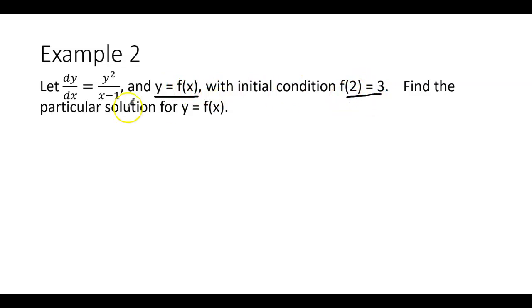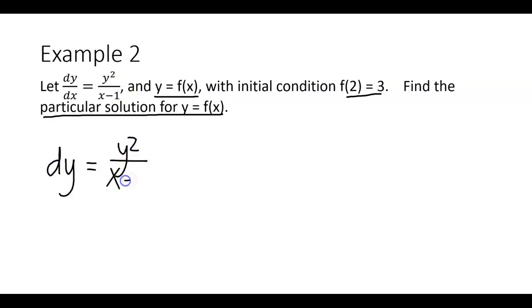Same problem as the last one. This time they're asking for us to find a particular solution, and when you see that, you're going to do the steps that we just reviewed on the last slide. So the first thing you're going to do is separate your variables. I want all of my x's on one side and all of my y's on the other. So the first thing I would do is multiply both sides by dx. If I do that, it's going to look like this. The dx on the left side cancels. And then on this side now I've got my dx. But I don't want that y squared on the right side, so now I'm going to divide both sides by y squared. And if I divide both sides by y squared, that's going to look like this.